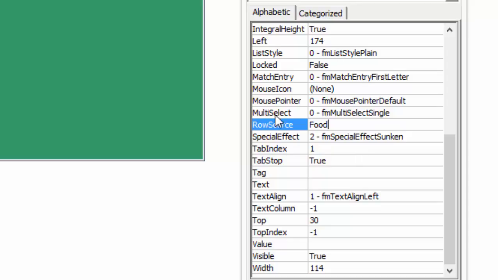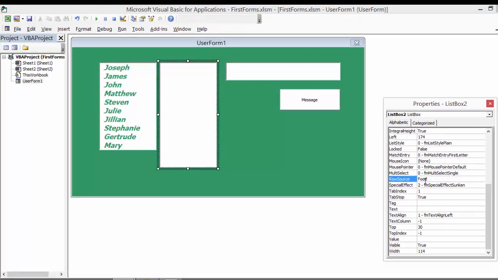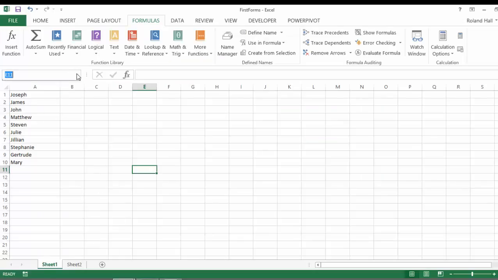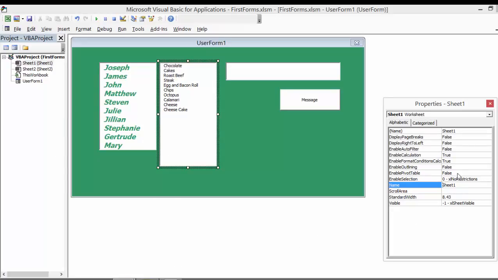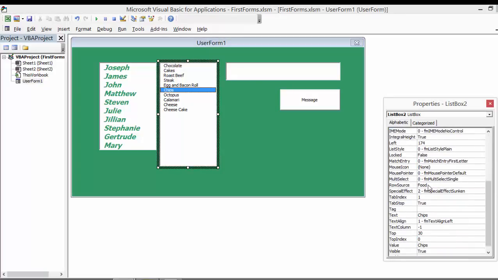I need to make sure that I've spelled it exactly right, with the capitals in the right place, according to my names that were over here in the name box. So it says food with a capital F. I need to make sure that it is a capital F. So I click on there and I make sure that my row says food, and immediately it pops up with